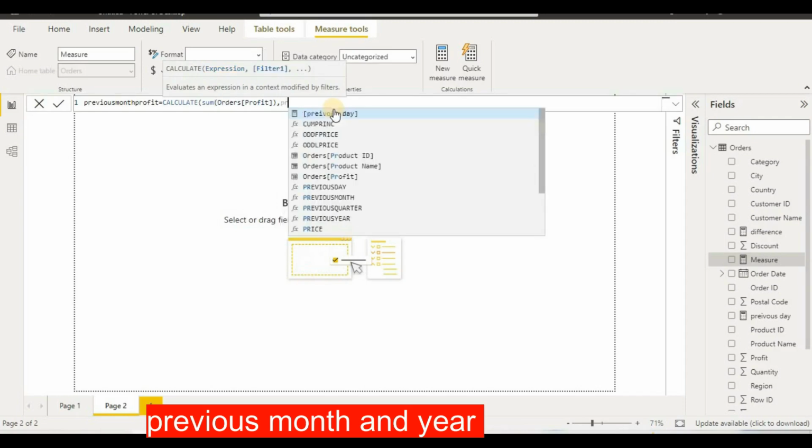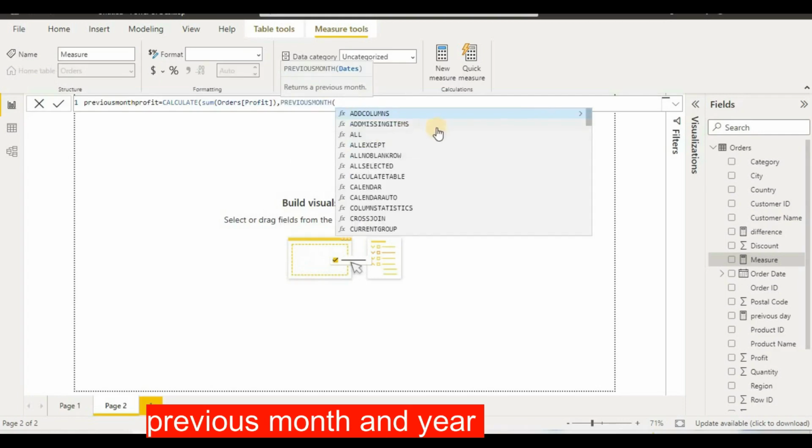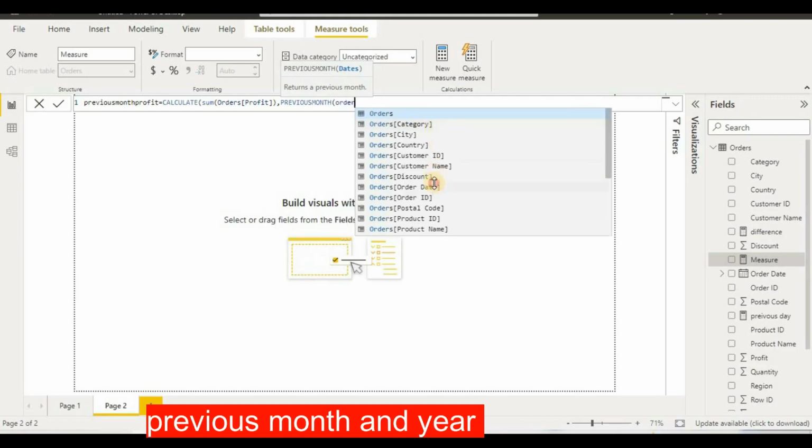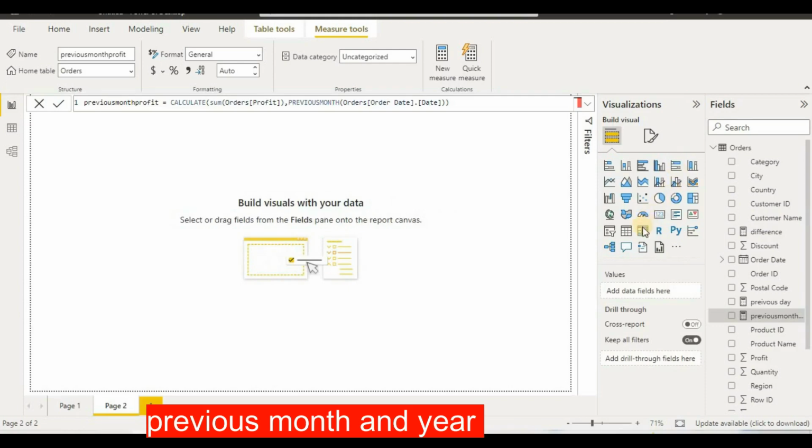So there are many formulas like previous month, previous day. So this time we are finding it for previous month. Then we have to take order date, and after order date I will put this date and just close this. So we have a previous month profit also. So if we will create a table here, we will go there, and if we will create a table, so I just click over this table,